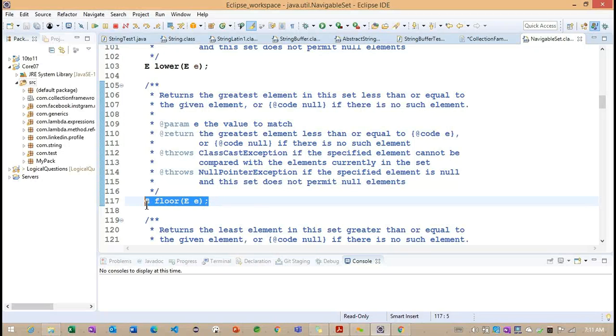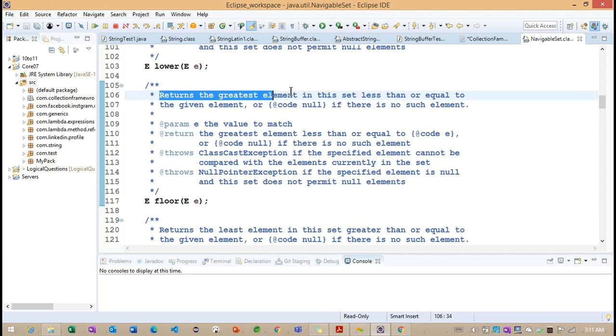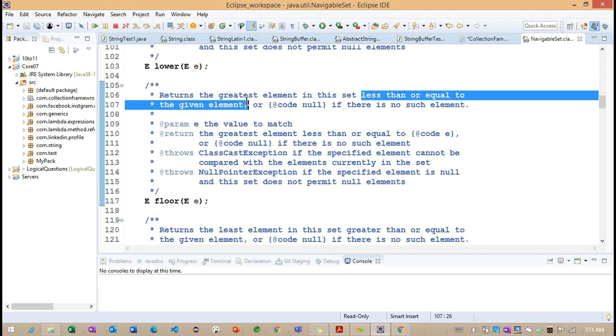Now, how will the floor method work? This method also returns the greatest element, the largest element from the set, when the condition is satisfied: less than or equals to the given element.